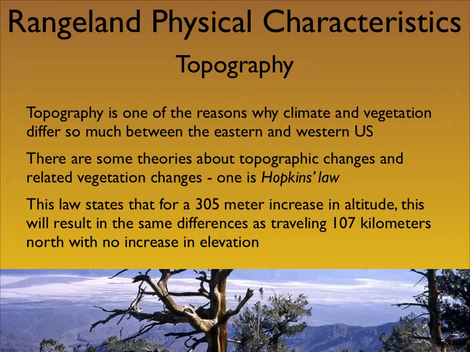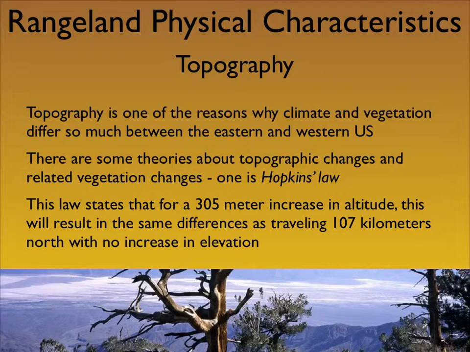One of the very first things you need to know about topography and its relation to rangelands in the United States is that generally speaking, when you move from the eastern United States into the western United States, you go from low elevation to higher elevation. That's the lay of the land in a real literal sense, and that affects the kind of climates we have out here, the kind of soils, and also the kind of biology that we find on these landscapes,